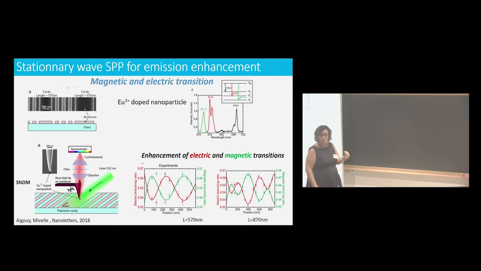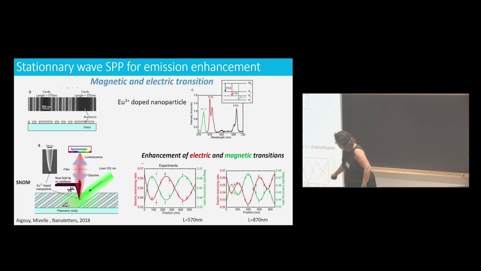That means that you take a microscope which is made of a fiber, which can be metallized or not metallized, and you put it very close to the surface. That means very close, at less than 10 nanometers away from the surface. And you scan along the surface. When you have a wave, you have diffraction of the wave because of the tip. You can collect this information and get information on the field that you have at the surface.